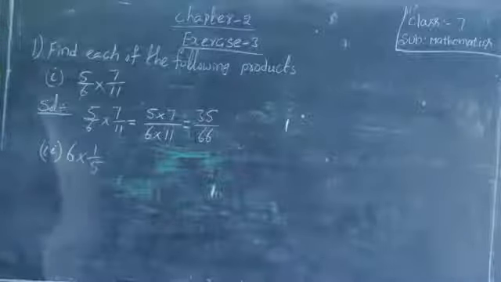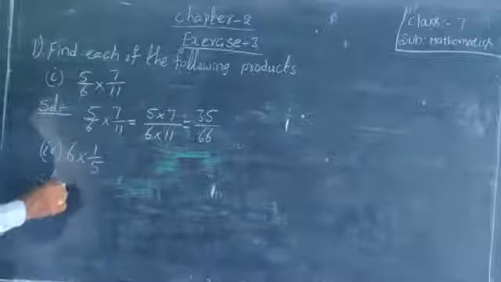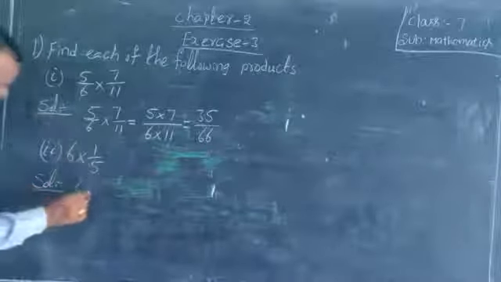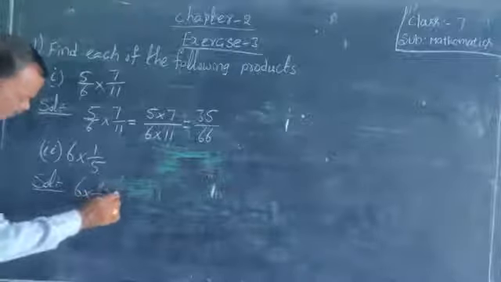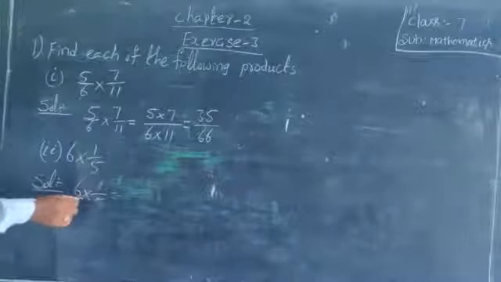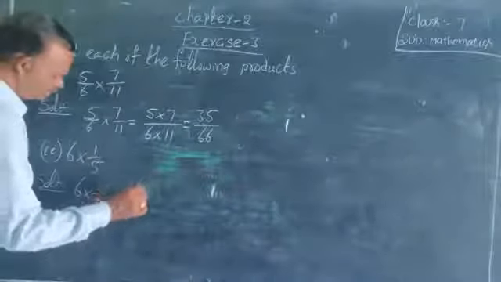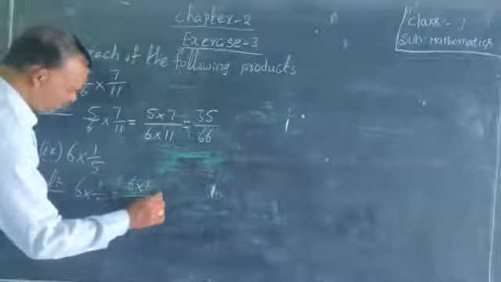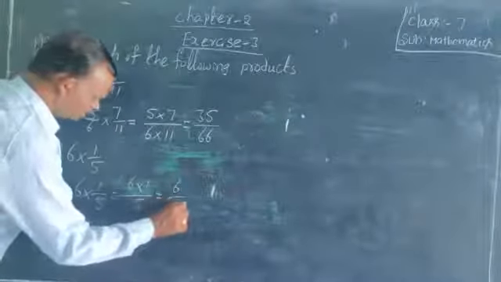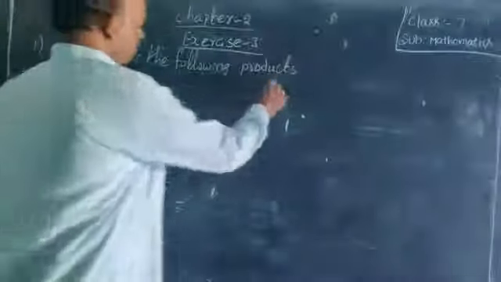6 into 1 by 5. Solution. 6 into 1 by 5 is equal to, that means here by 1 is there. 6 means 6 by 1 is there. So multiply the numerators. 6 into 1 by 5, that is equal to 6 by 5. And the third one is,